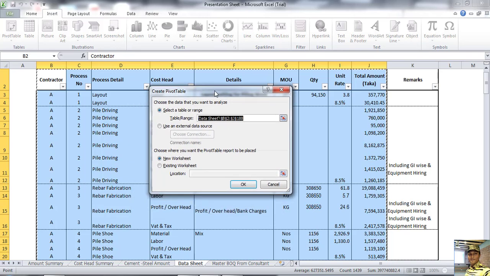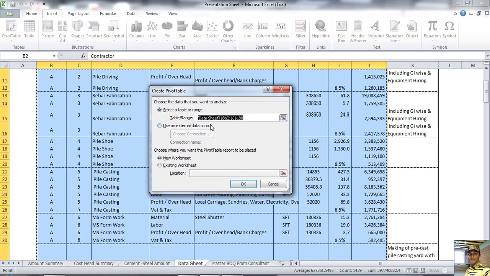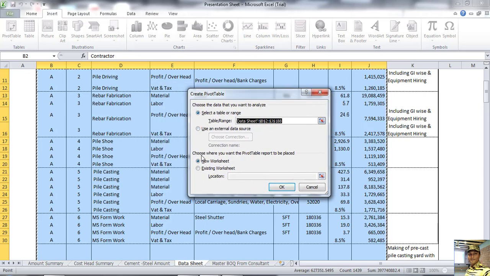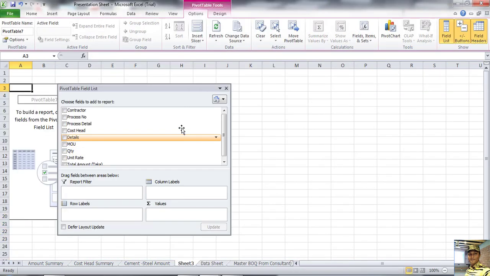Now see, our previously selected area is selected automatically, and it asks where you want the pivot table report to be placed, a new worksheet or an existing worksheet. If you want a new worksheet, then OK.